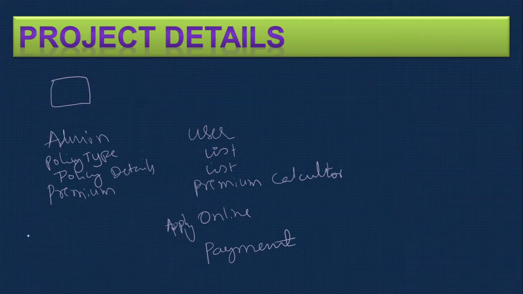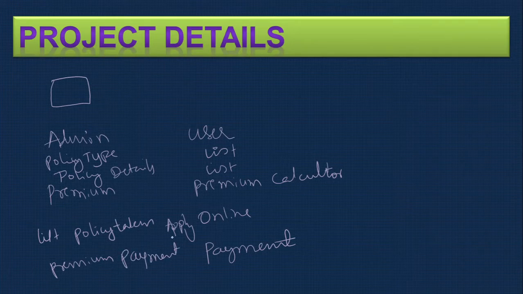Once you take the online policy, you can see the list of policies taken. Then you can see the premium payment. If this much work is done, I think it will serve the purpose. You need to make both sides, the admin side and the user side, and there should be proper communication for your project. Along with that, you have a regular login page, main form page or a menu page, all that will be included. If you make around 20 to 30 pages, that will do the job, depending on which university you're doing the course.